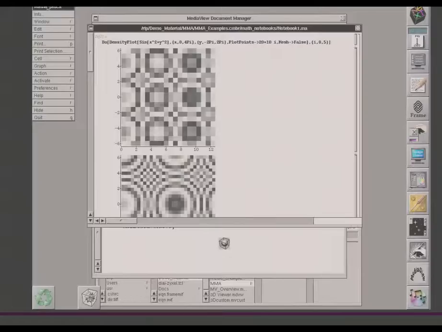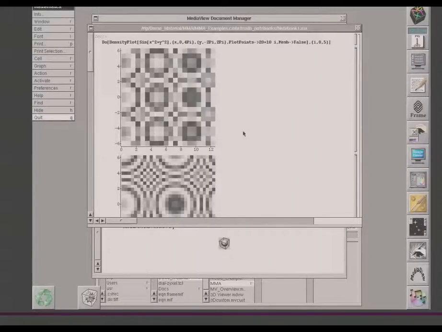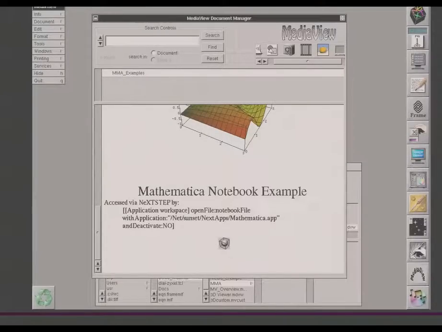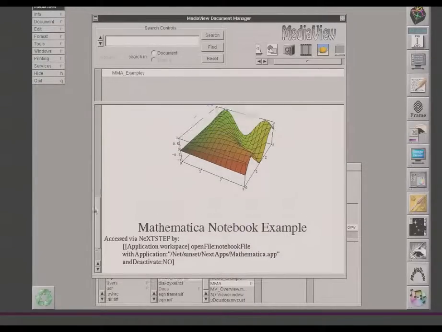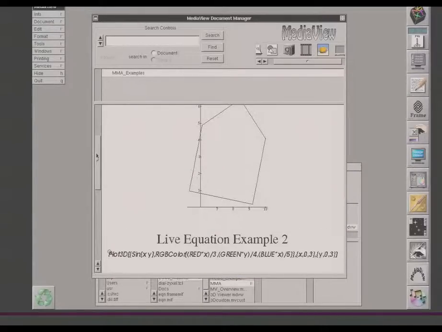And now over here, just to make it clear, here is the Mathematica control bar, because we actually opened up the Mathematica application from MediaView. And so I will quit that application and say no, don't save anything. And that's all done. And so what we've done is to show two different ways of accessing the Mathematica server from MediaView. So I'll save this,